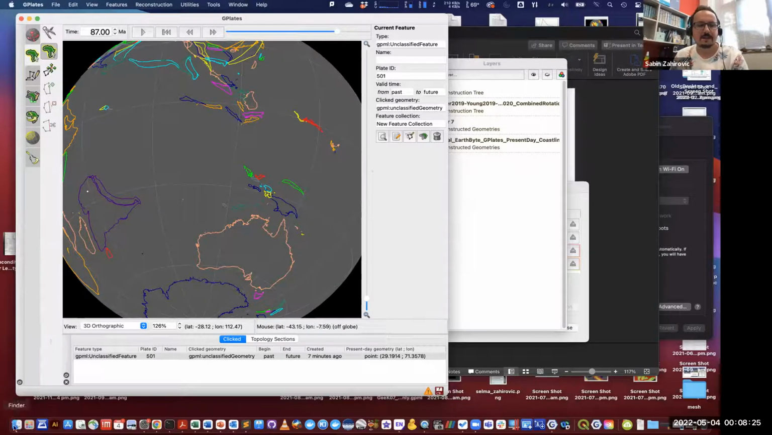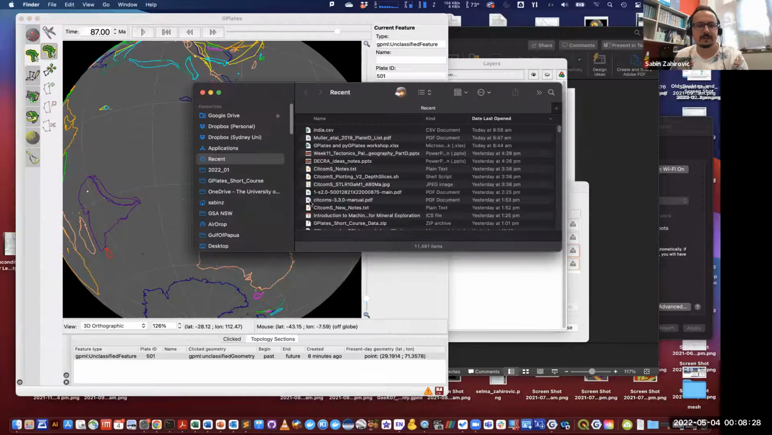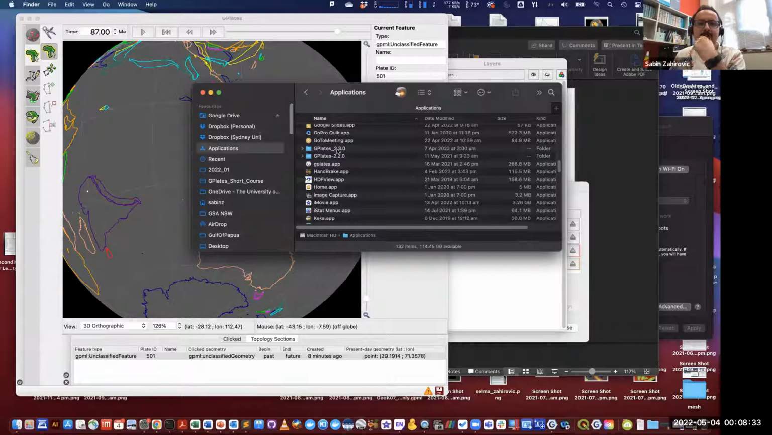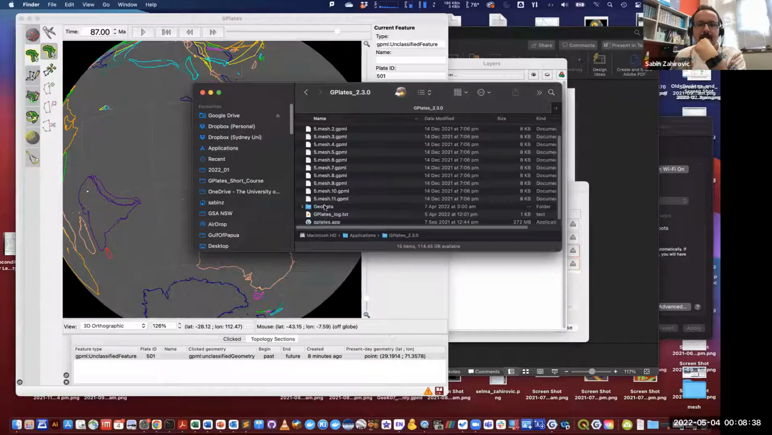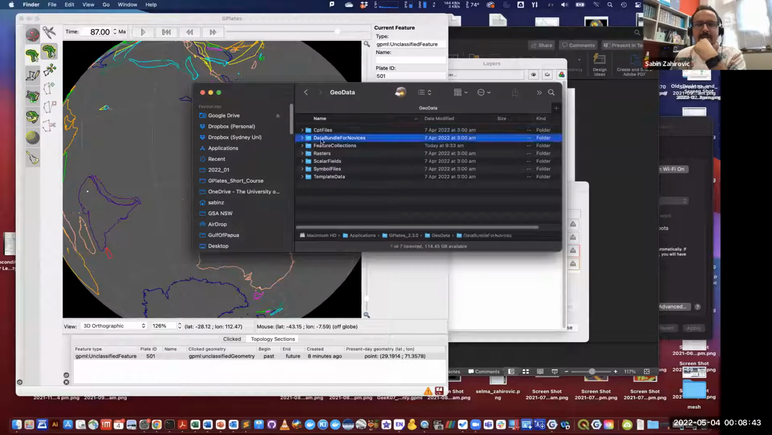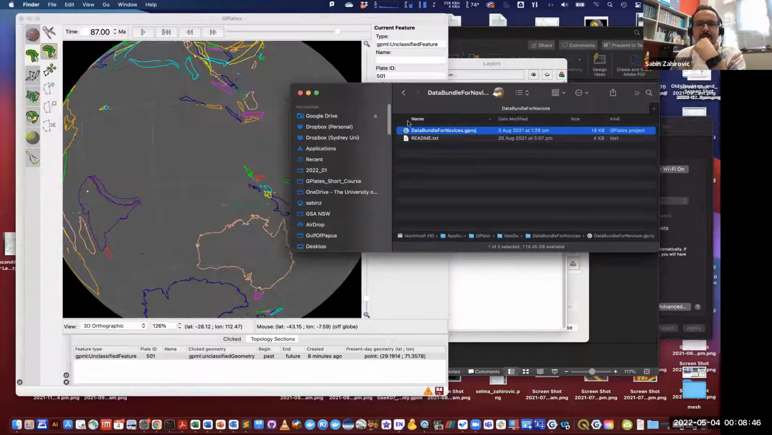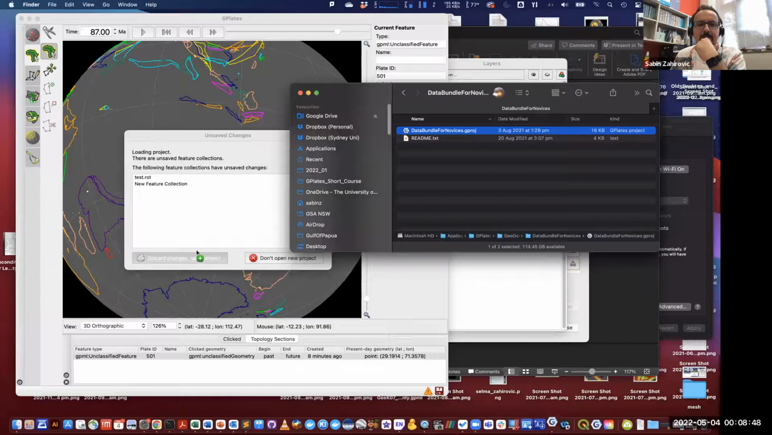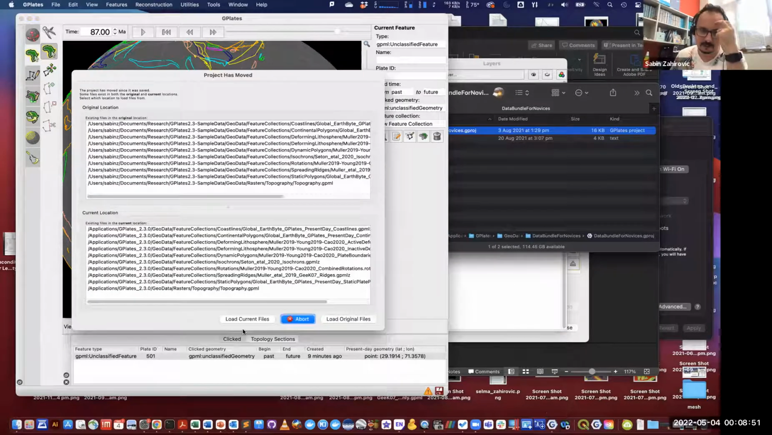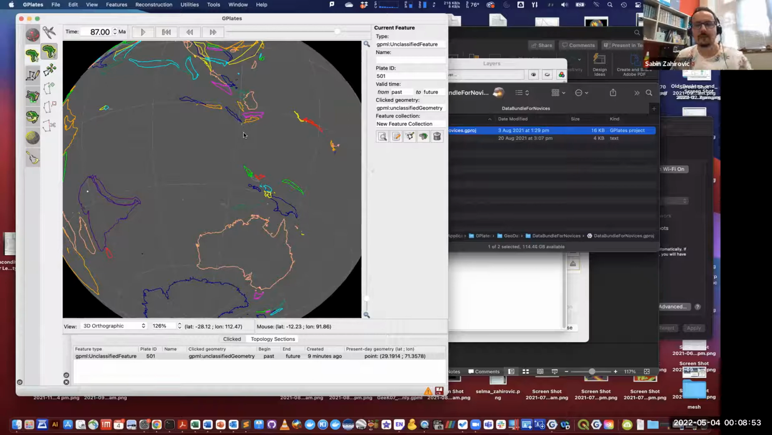Okay, so let's just look at our geodata. Okay, so if I go to GPlates 2.3, and if I go to geodata, let's load in that data bundle for novice, that project file. Okay, and just load that in. I can discard any changes. I don't mind. Okay, so it'll take a moment